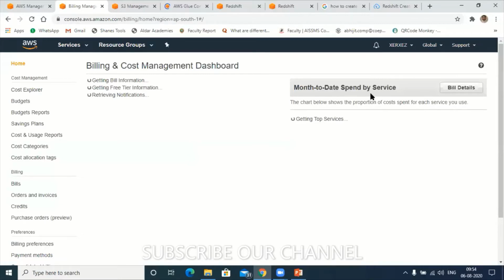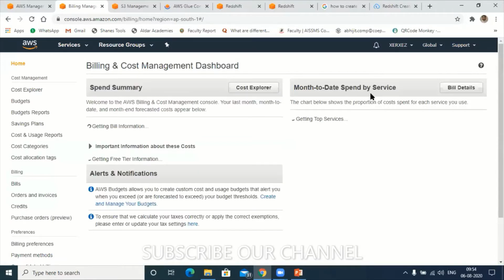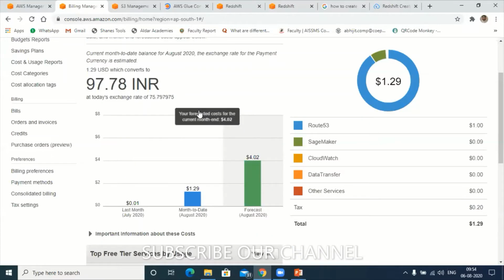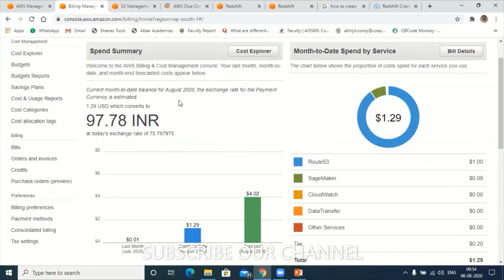It will take you to your billing status, where you will get the complete report of how much amount Amazon has already charged.